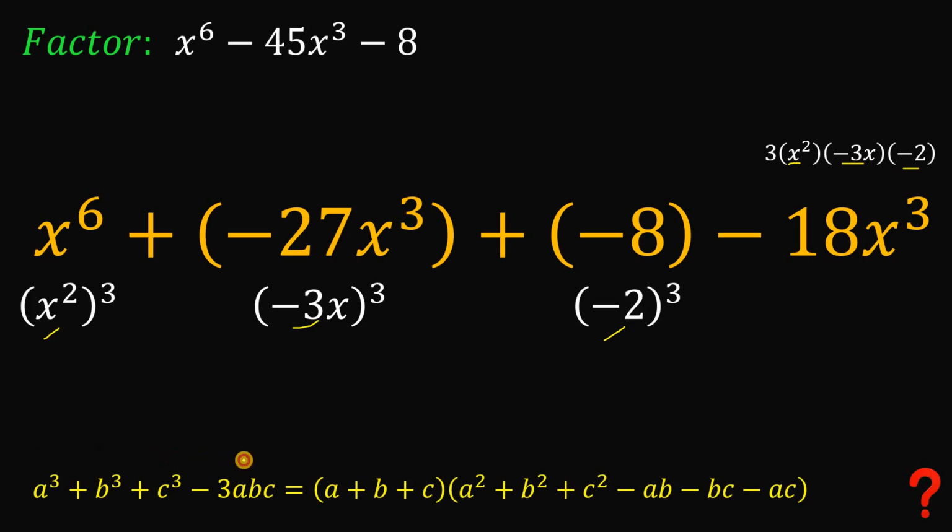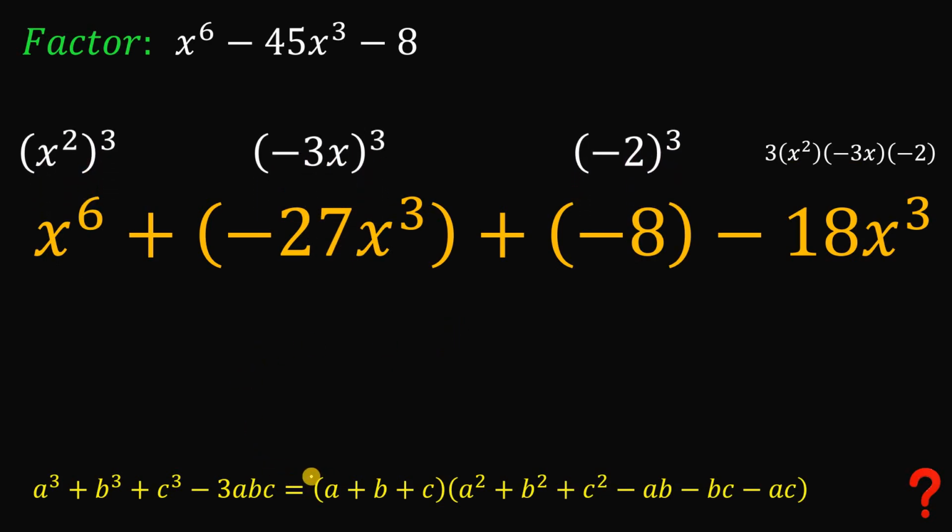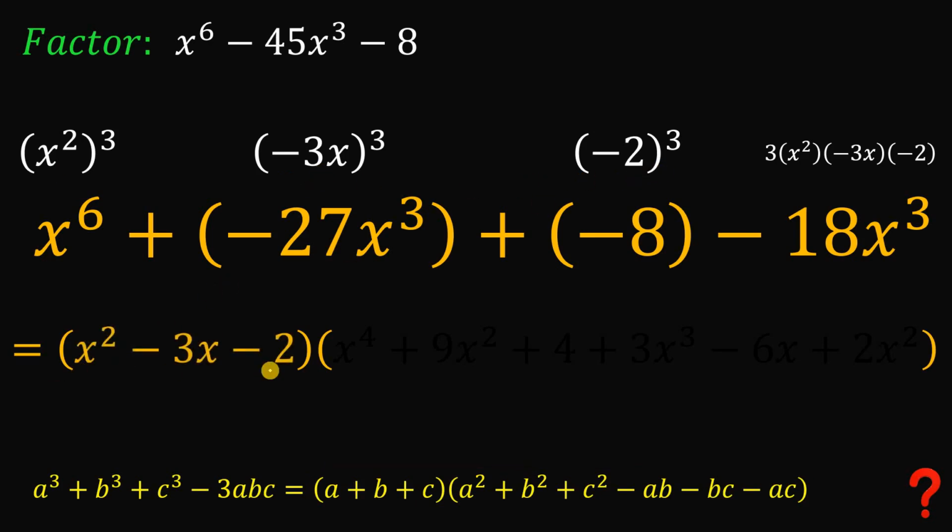So using this identity, we can factor this entire expression. So let's do that. So we know we can factor this out nicely in this format. Now we have a plus b plus c, or simply equal to x squared minus 3x minus 2. This is the first factor. Now the other factor, we have here a squared, which is x squared raised to the power of 2, or simply equal to x raised to the 4th power,